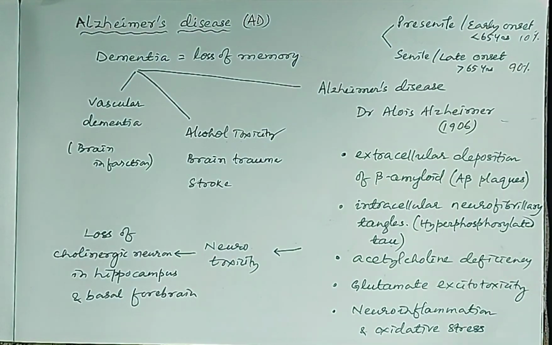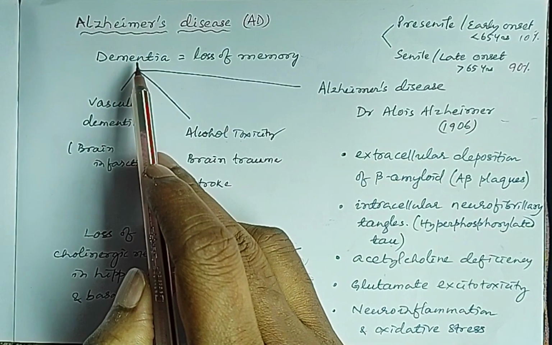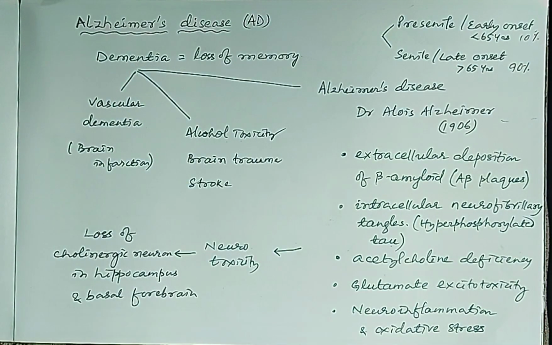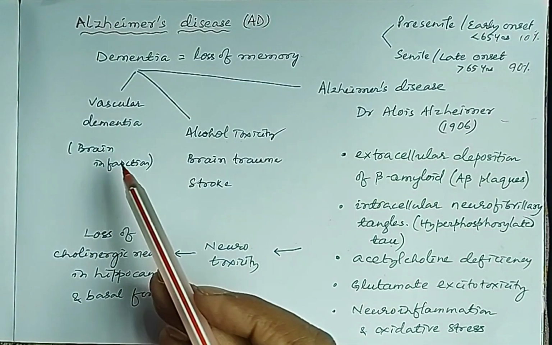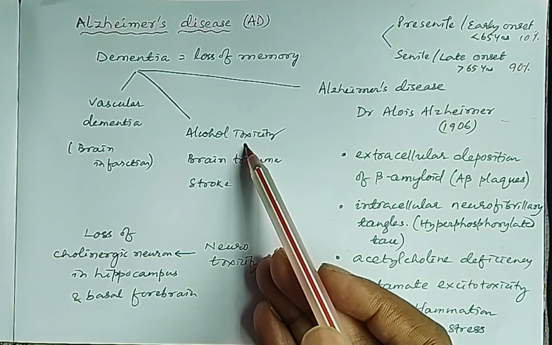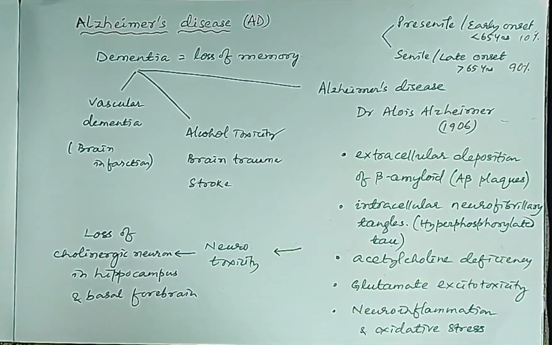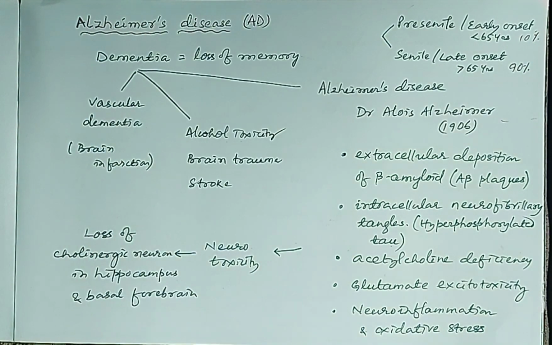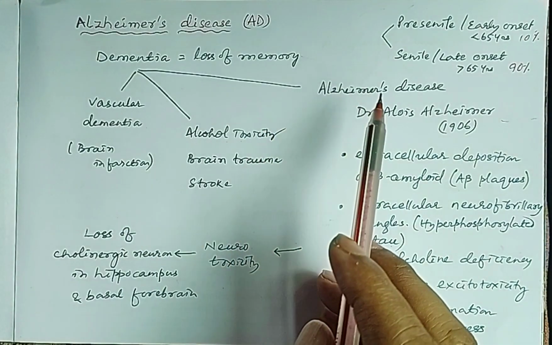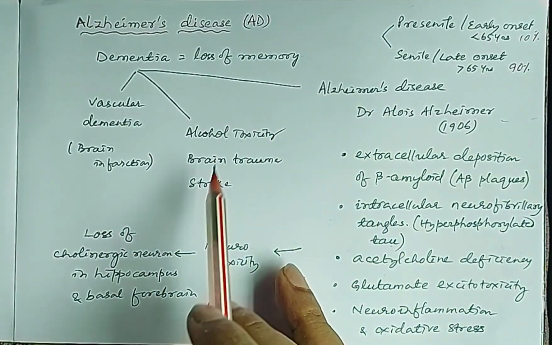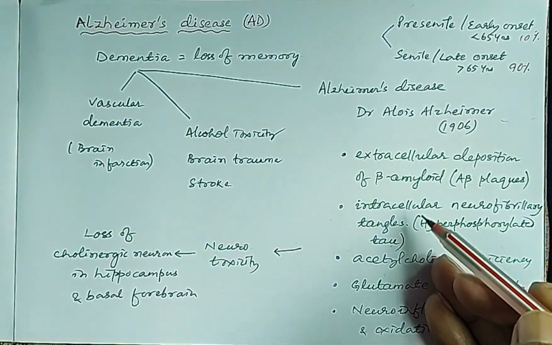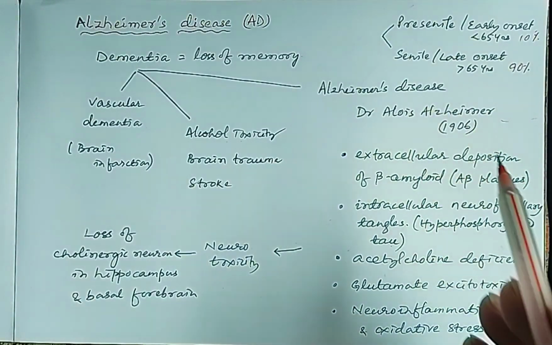Alzheimer's disease is a type of dementia. Dementia is loss of memory which may be caused by brain infection, alcohol toxicity, brain trauma, stroke, etc. When it is caused by brain infection, we call it vascular dementia. But Alzheimer's disease is different from all these, and in Alzheimer's disease, there are some pathological features which were first